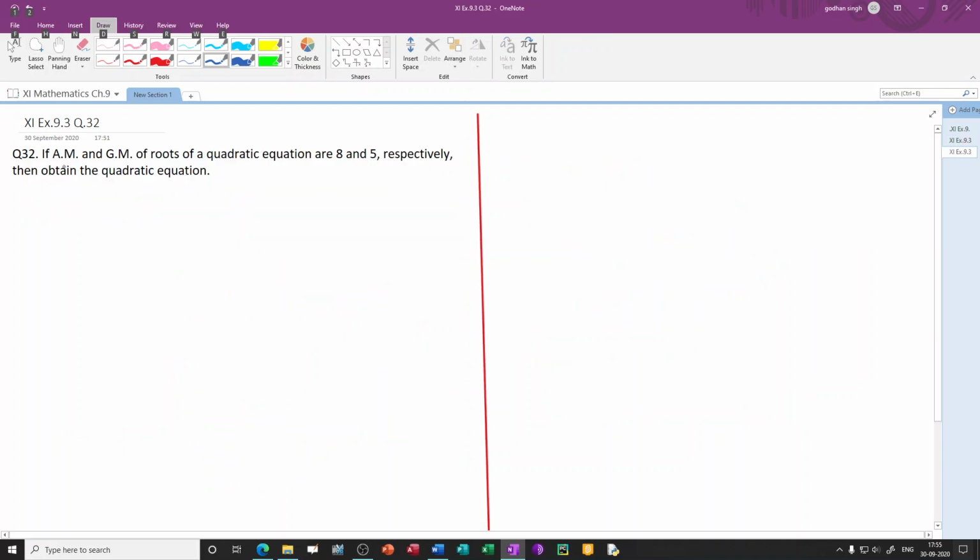Question number 32. If arithmetic mean and geometric mean of roots of a quadratic equation are 8 and 5 respectively, then obtain the quadratic equation. So solving question number 32,